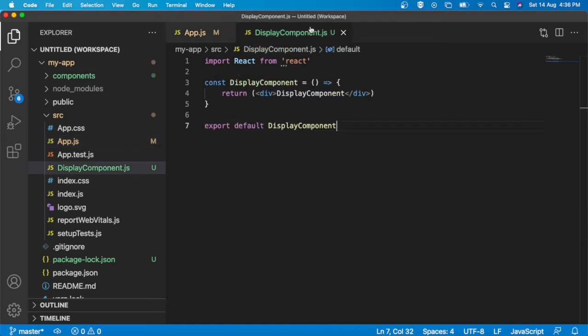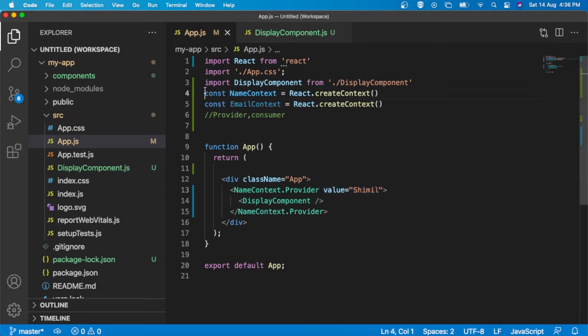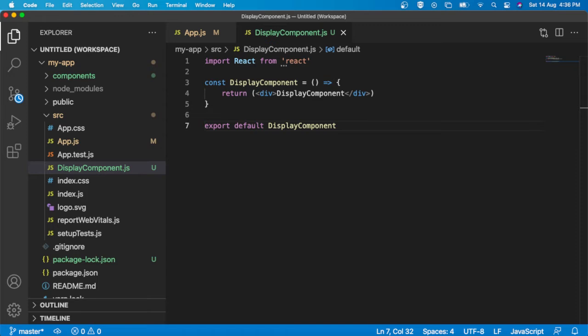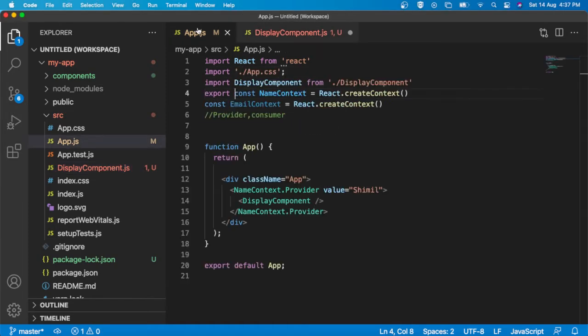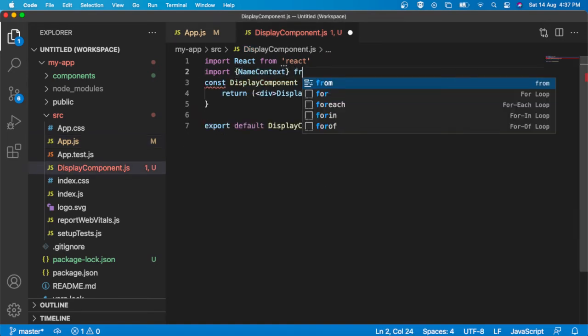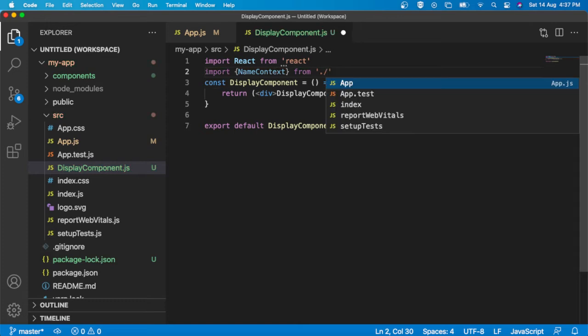So here I have to export this context, export const nameContext. Now I am going to consume the value in the child component. Clear? So I have to import that context. Here the context name is nameContext from App.